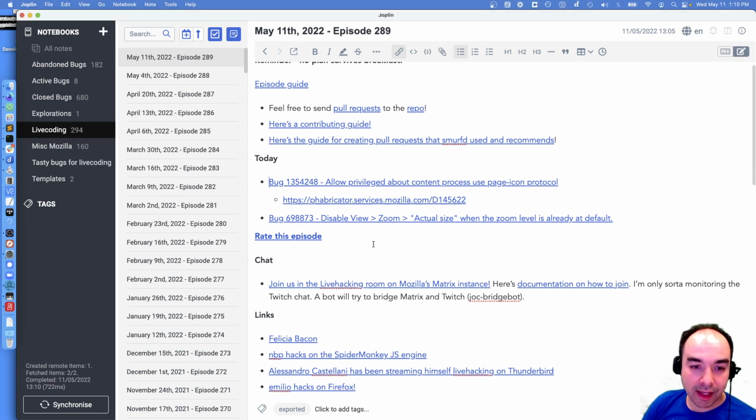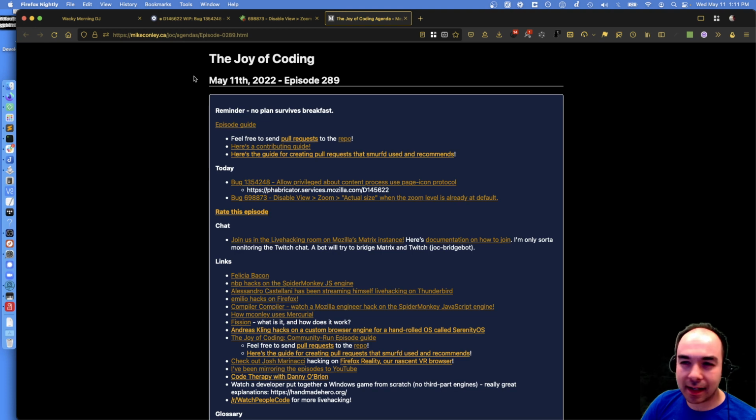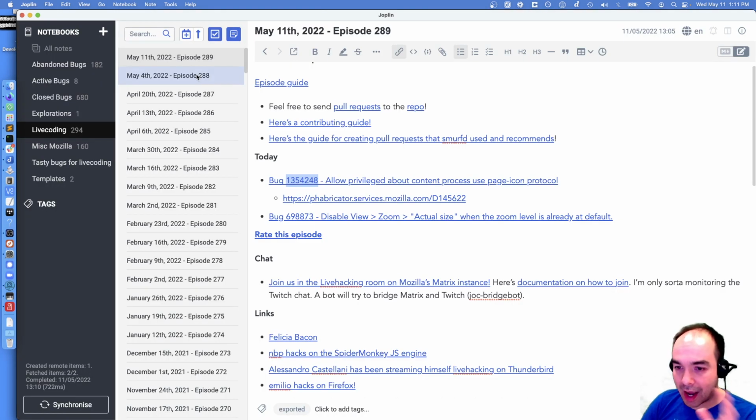Okay, so what I want to work on today is 1354248. Now, I know last week we were working on this Zoom thing. We were working on some controls, like updating our controls that manage the Zoom state of the browser, and we might get back to that today. But I'm actually working on something right now that I wanted to try and get over the edge that I thought you might find kind of interesting. This is not a thing that we've talked about on the stream before. I started it late last week, and I was working on it kind of off and on. And I'm at a point now where it kind of works, but I think now that I've...